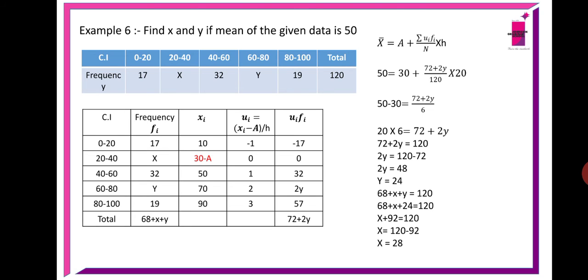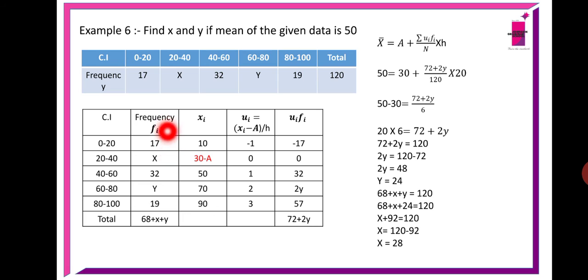In this one you have two unknown terms. If two unknown terms are given, what are you going to do? We use the assumed mean method, and out of the two unknown variables, we take the class mark of one of them as the assumed mean, so that its value will be 0 here. Either you can take x or y; here I have taken x. The class mark of 0 to 20 is 10, 20 to 40 is 30, 40 to 60 is 50, 60 to 80 is 70, 80 to 100 is 90. I am doing the step deviation method here, and I have taken the assumed mean as 30 because I don't want one of the variables to be solved.